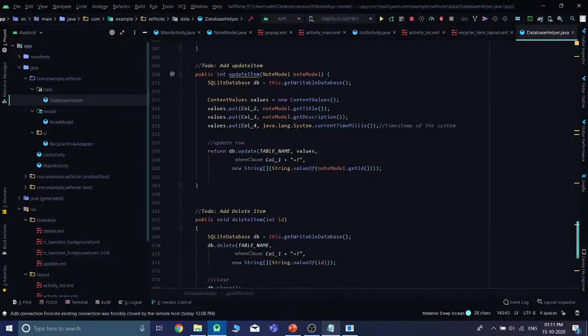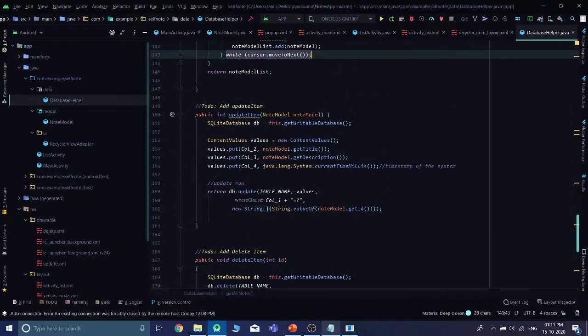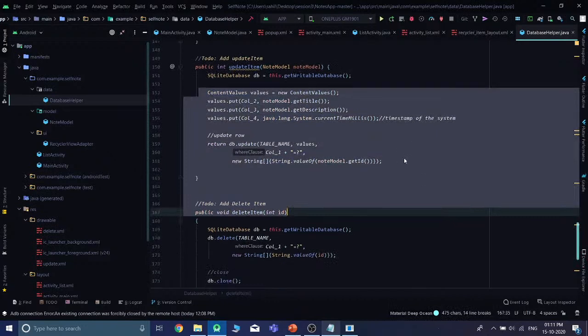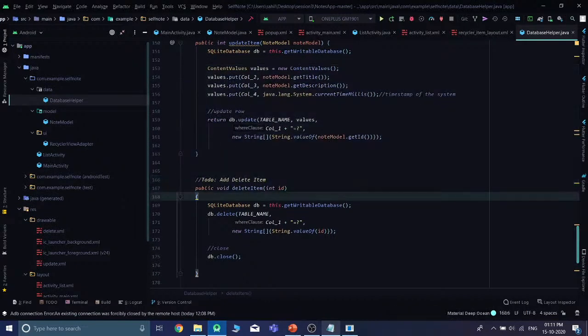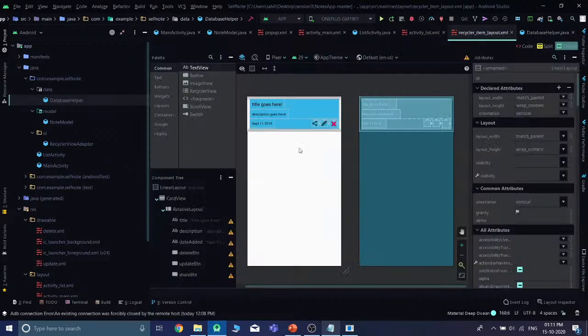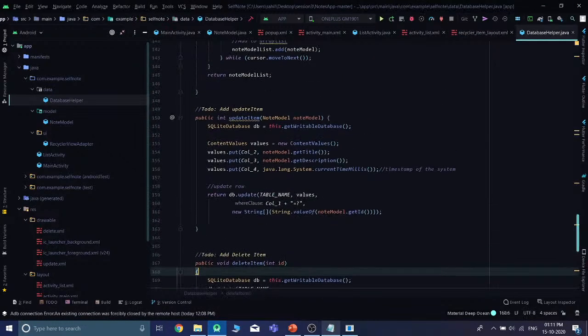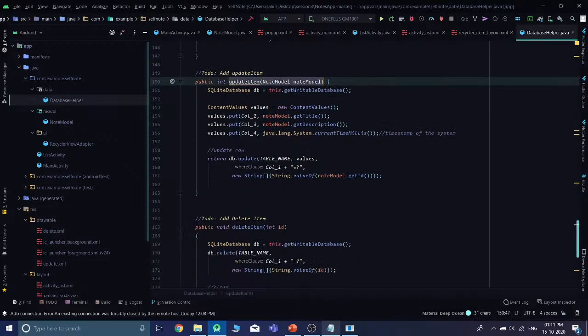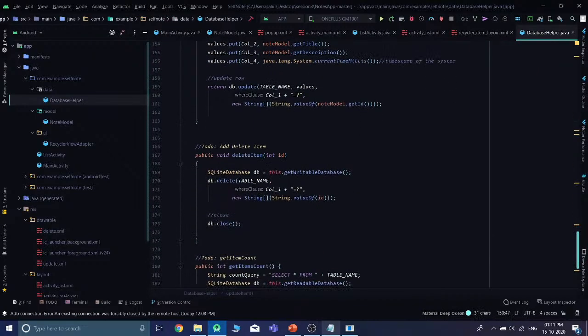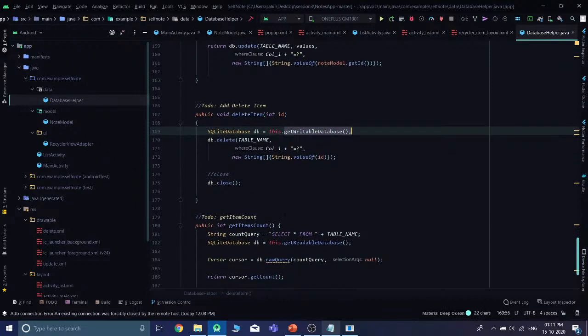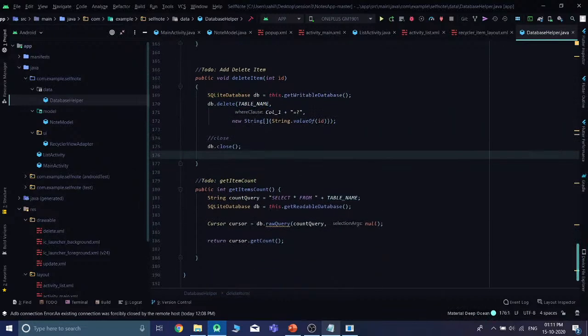Now if I want to update the items, I can go one by one and use all these pieces of code here, again just using the basic functionalities of SQL to update anything that you have in the note. If I click on this particular pen button over here, it's going to allow me to update, right? That's basically me saying that as soon as the pen button or that particular icon is clicked, I want you to execute this piece of code, which is going to get me a writable SQL database. It's going to take the table name and every column,